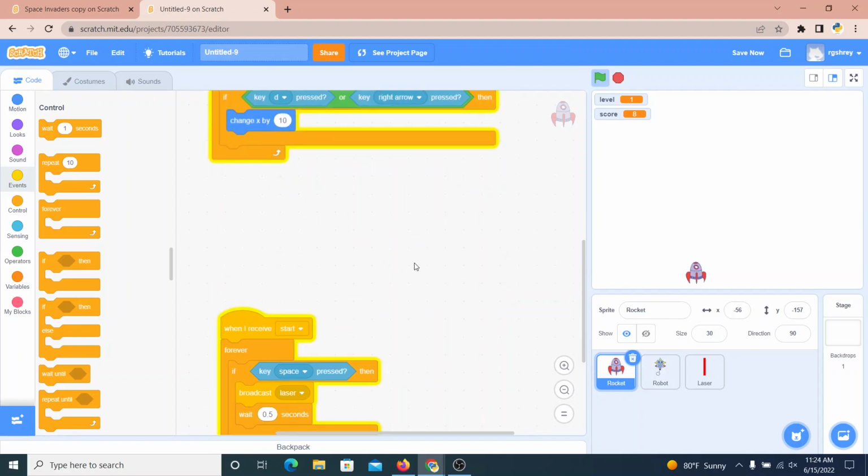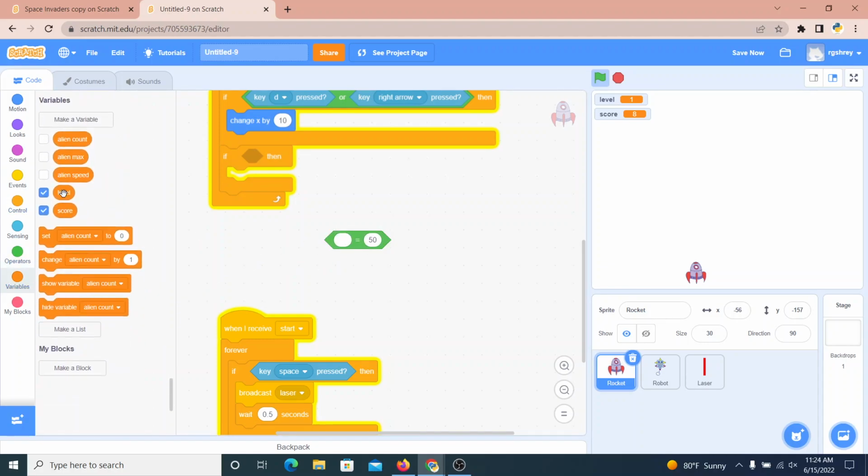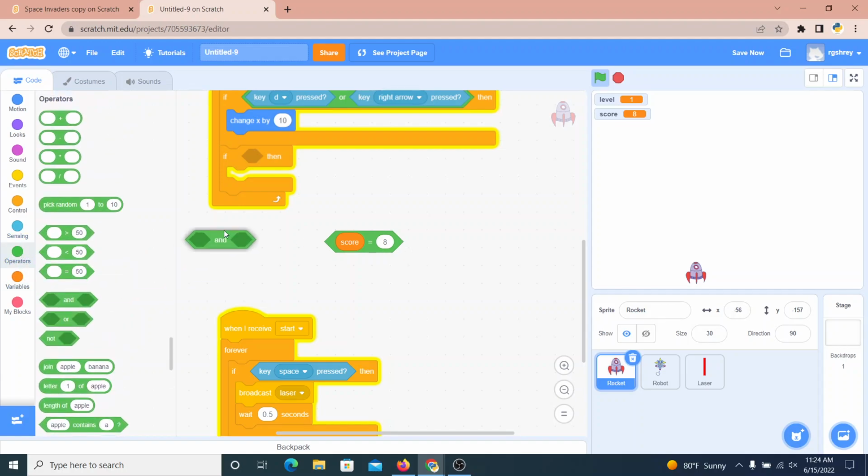So what I'll do is if score equals 8, because there were 8 enemies in the first level. If score equals 8,